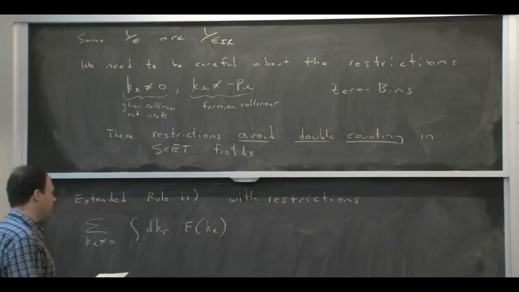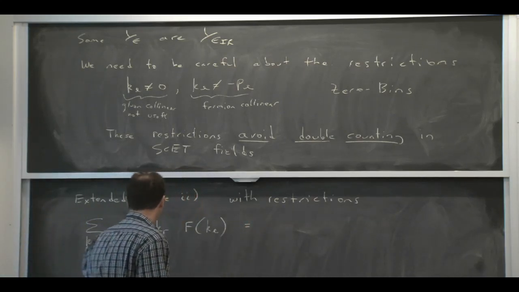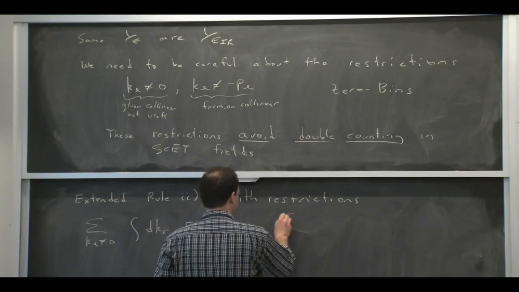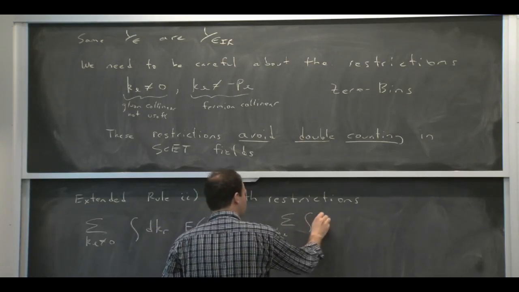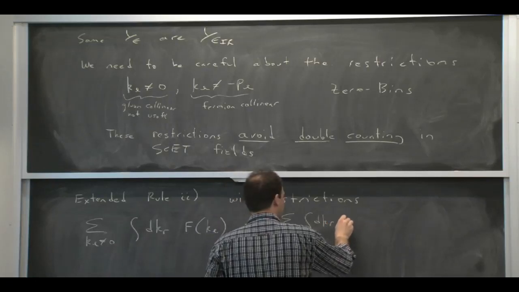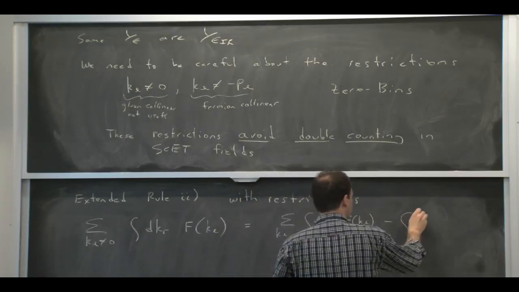And we want to think about that as an integral. So here's how we can manipulate these to think about it as an integral. Let's sum over all KLs. But then we'll subtract